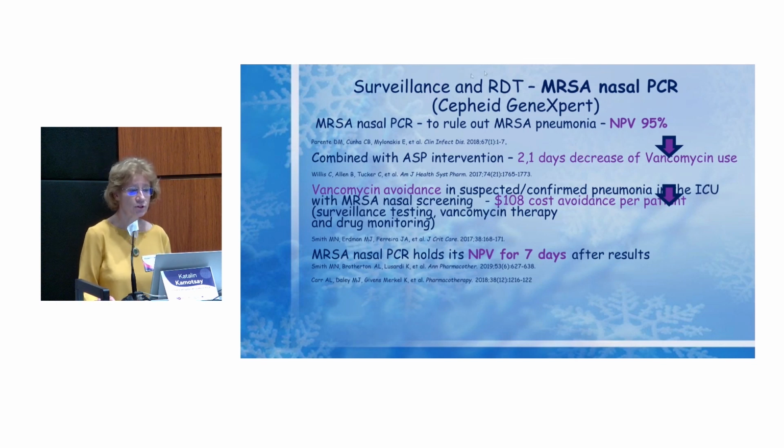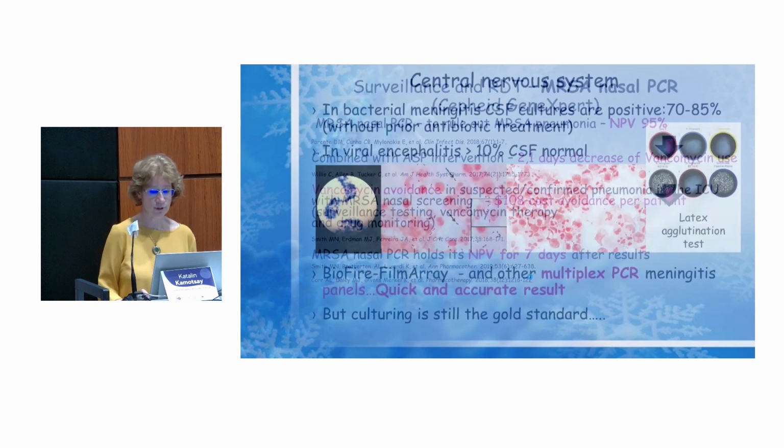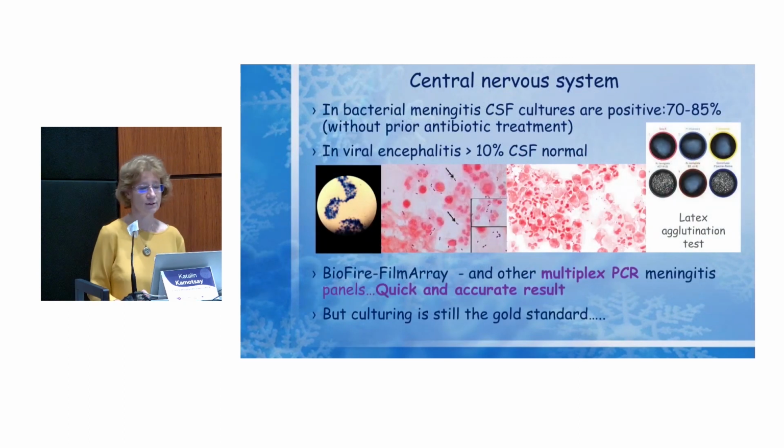So, for example, the MRSA surveillance is also a great help, of course, from public health considerations, but it can also give us a very high negative predictive value if there is an ICU pneumonia and we think it could be MRSA. The negative predictive value is high if it's negative, and it keeps the result for 7 days. The last, almost the last,